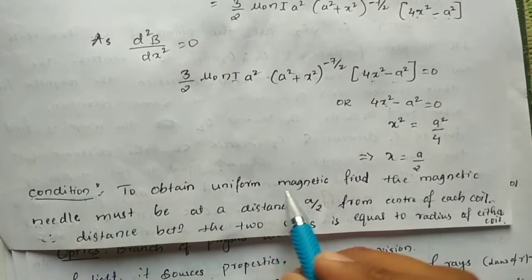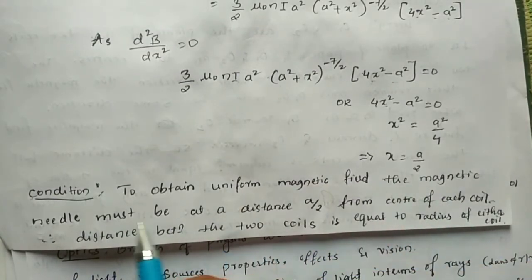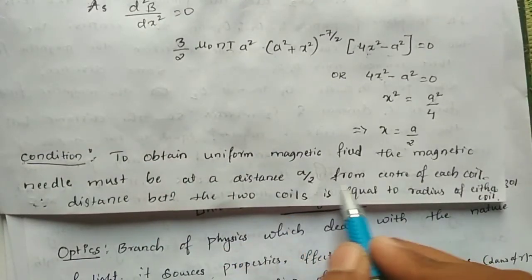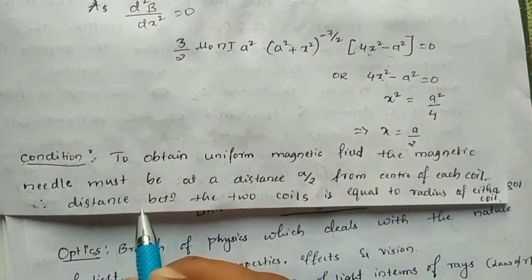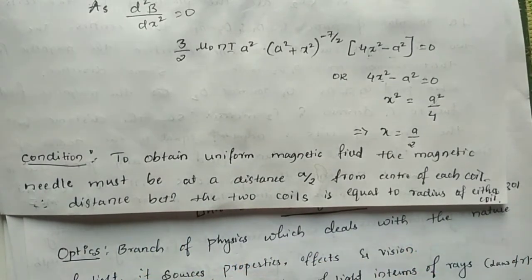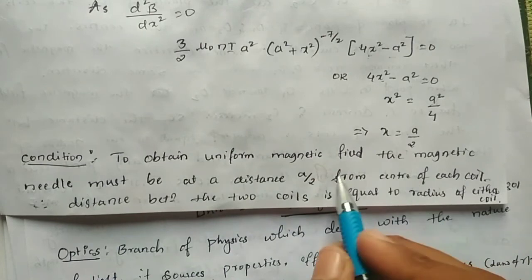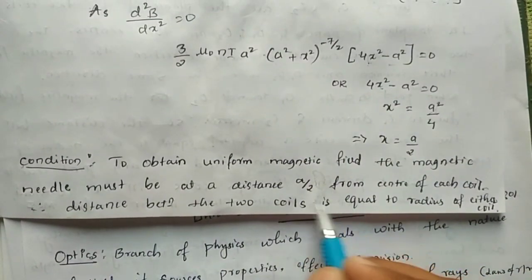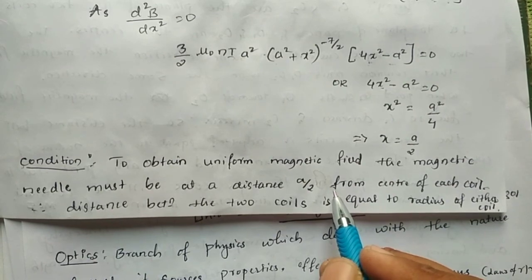So we obtain a uniform magnetic field. The magnetic needle must be at distance a by 2 from the center of the coil. Okay, the central distance between the two coils is equal to the radius of either coil. This is our satisfied condition of the Helmholtz galvanometer. It means